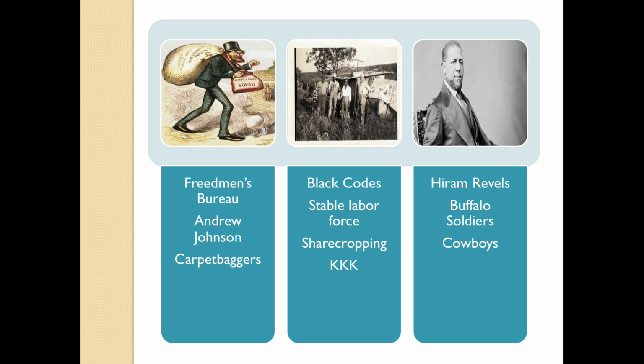Also during this time period, the rise of the KKK, the Ku Klux Klan, a lot of hatred, a lot of violence obviously perpetrated towards black citizens in the United States and the South. It's President Ulysses S. Grant who will declare them actually rebels and use the U.S. Army to go after them, and eventually by the 1880s basically crushes them in the South. Hiram Revels, you might remember, our first black man elected to Congress from the state of Mississippi.